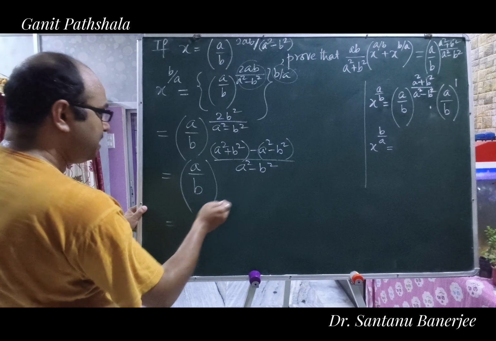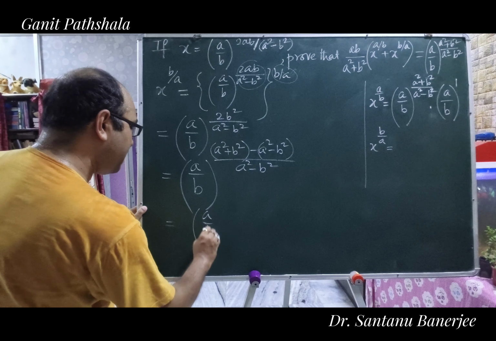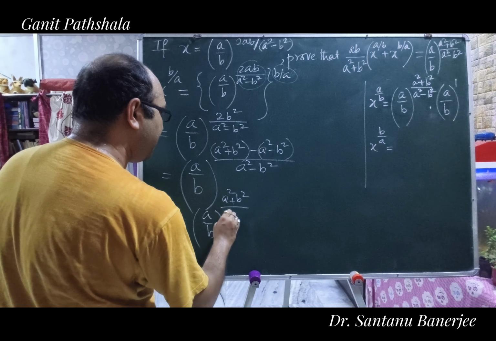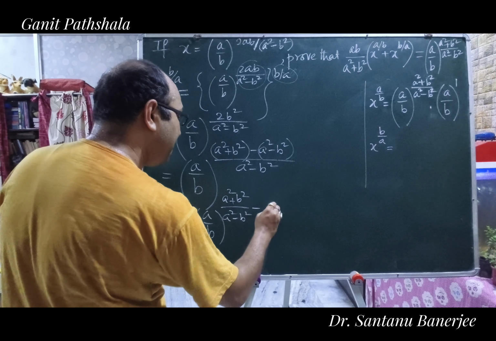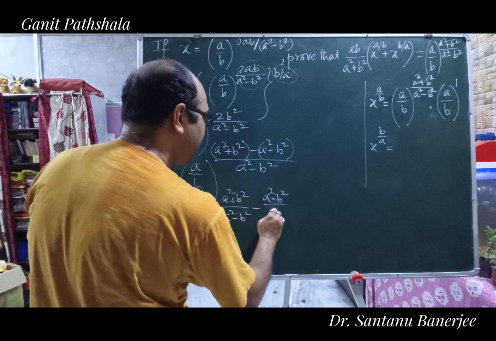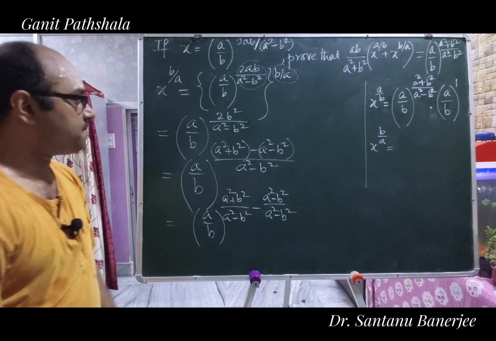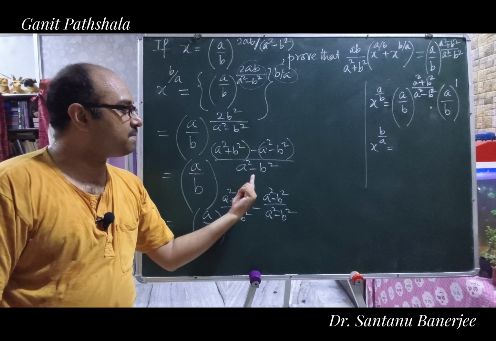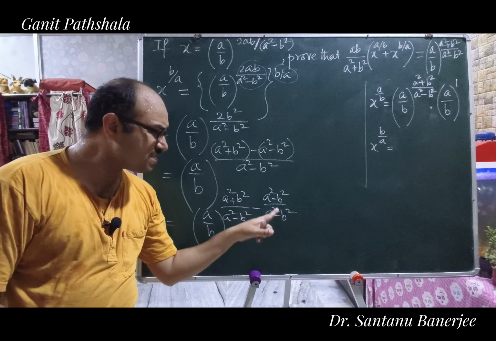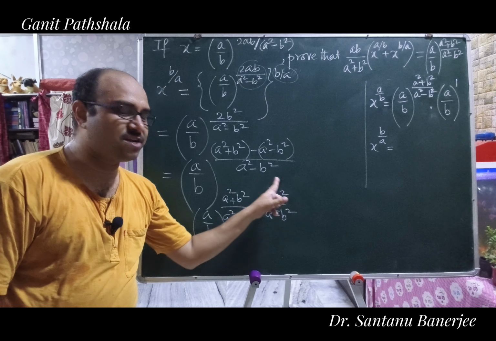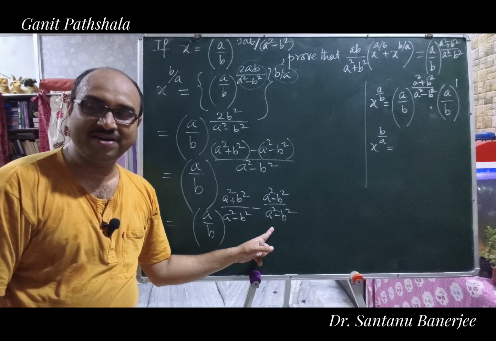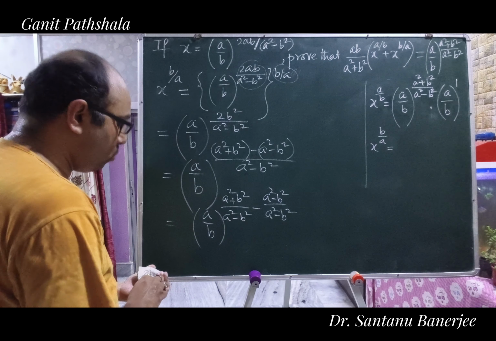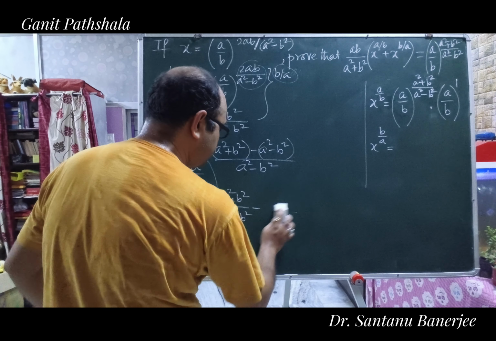Now let us separate these two. So a by b whole to the power a square plus b square by a square minus b square, minus a square minus b square by a square minus b square. Now see, this portion will be 1 because the numerator and denominator will get cancelled out. So if this is 1, or rather to say this is minus 1,